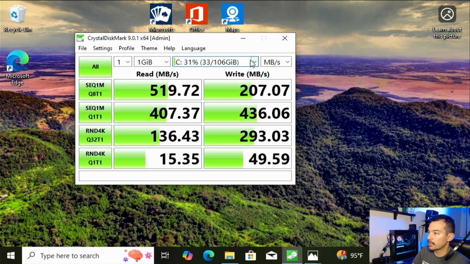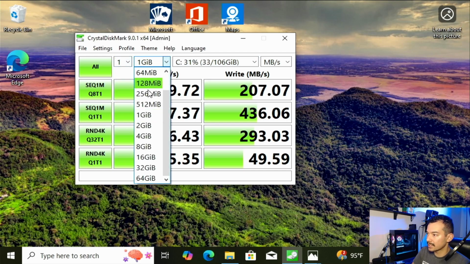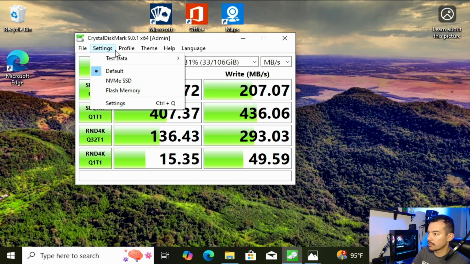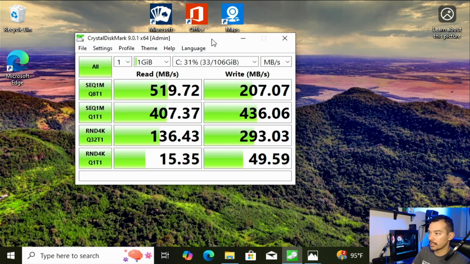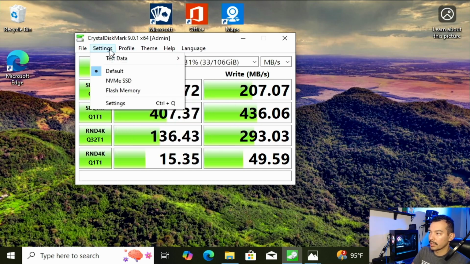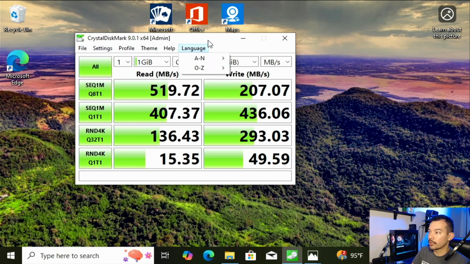But here you can run more tests. You can do a larger test size as well, and you can configure other settings. And look at that, I didn't even do the NVMe SSD on my NVMe. I did a regular profile, a regular defaults test. So I could have gotten probably better numbers, but as you see,